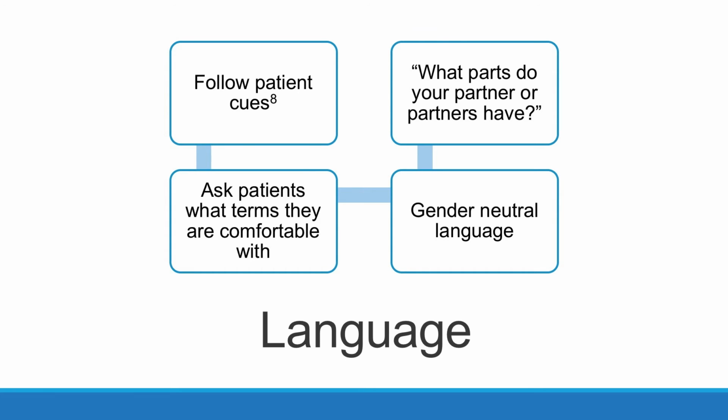A survey of transmasculine individuals reported that the majority, 78%, wanted a provider to ask their preferred language for their body, although a majority, greater than 60%, also preferred that their provider use medical terminology, although this percentage was lower following gender-affirming surgeries. Using gender-neutral language is a good way to open up a non-judgmental, non-assumptive conversation about your patient's